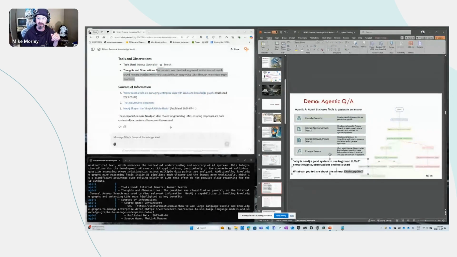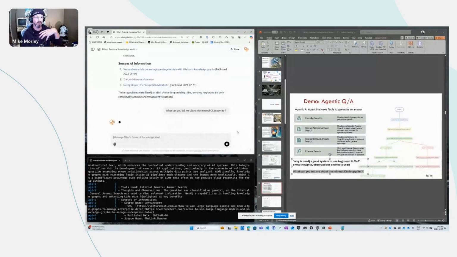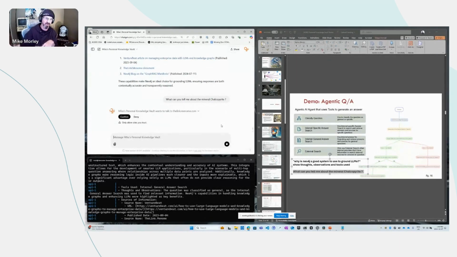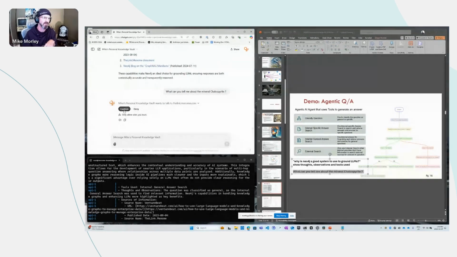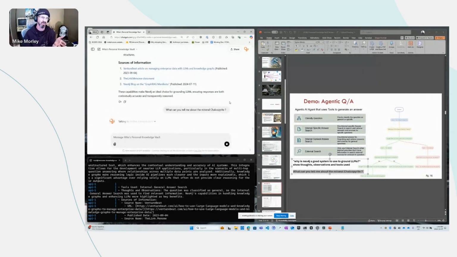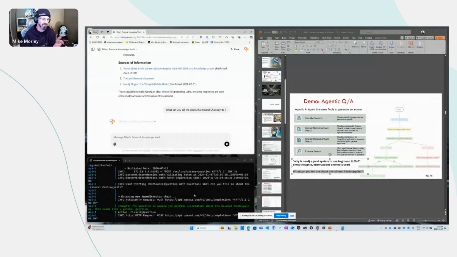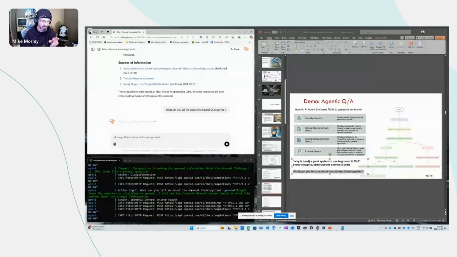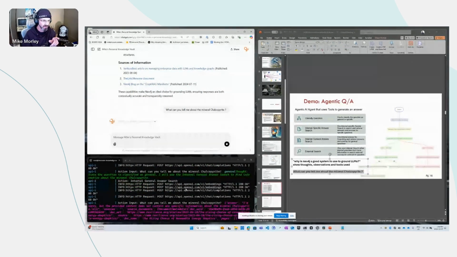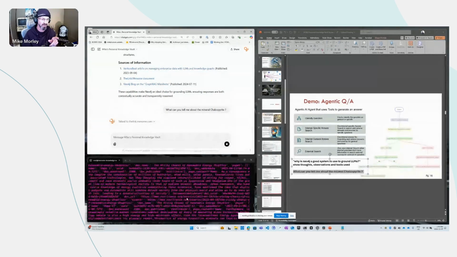I can also do things like, okay, this tool is conditioned. So if I ask it a geology question, what you're seeing here is a knowledge base that I use for myself. Everything that I read goes into it. And of course, it doesn't have any geology stuff in there, although I do have a geology background. I haven't typically been keeping up on the latest news on chalcopyrite. So what we should see here is that this thing should not find any information about chalcopyrite in it. And there we go. I'm sorry, but the provided content does not contain any specific information about the mineral chalcopyrite,